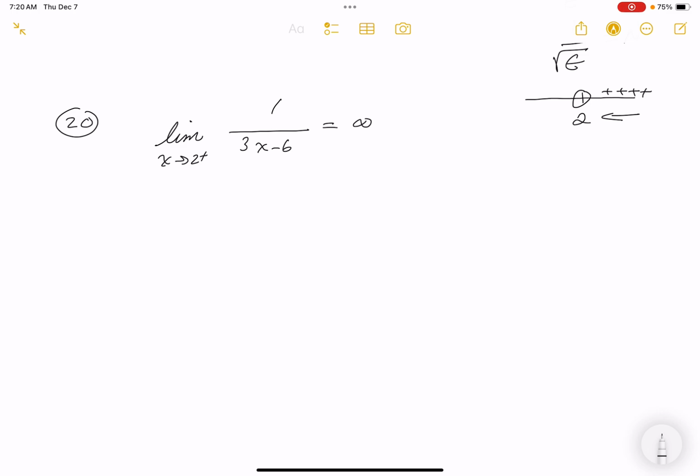Now, of course, reasonable is nice, but they're asking you to prove it. All right, so let's go through the proof. And again, this is going to be the M-delta definition. So we're given, and this is where a lot of teachers would say let, but I'm going to say given that we have M greater than 0. All right, then what are we going to do? We're going to choose,